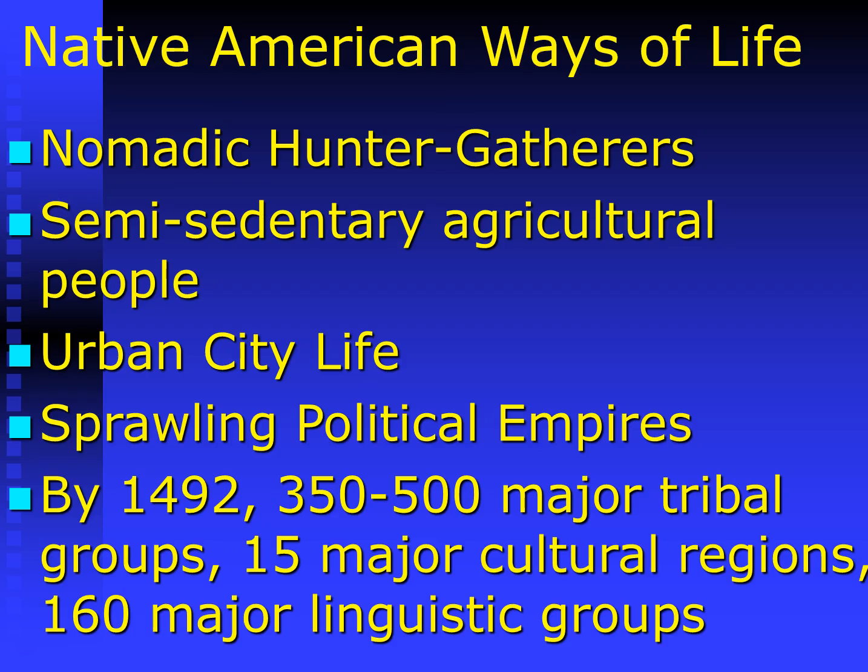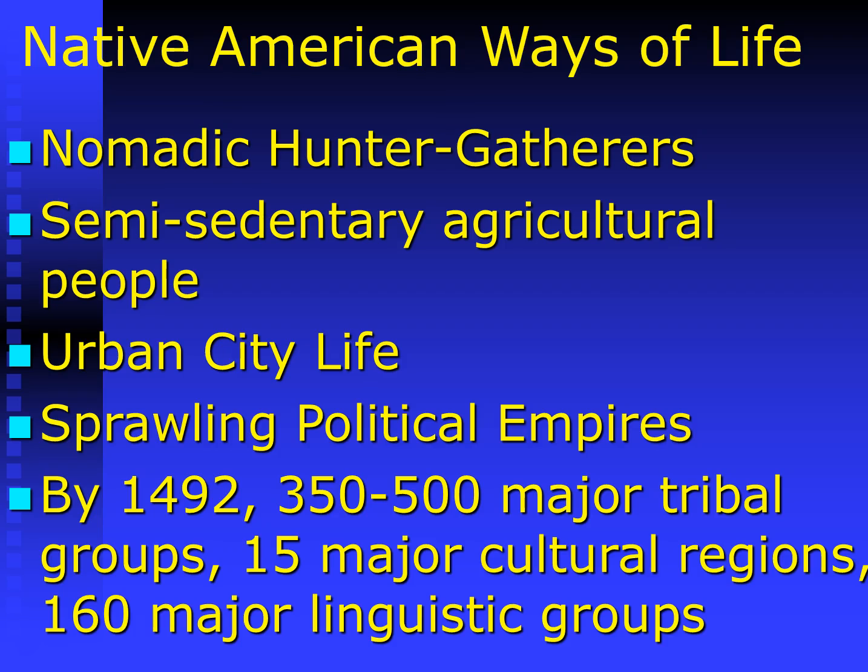So here's one way of seeing this. By 1492, which of course is the critical year when Christopher Columbus shows up, so that's why it's always used as a dividing line to separate the pre-Columbian world and the world of the arrival of the Europeans. It's probably estimated that there were about 350 to 500 major tribal groups in all of the Americas. So the tribe, the fundamental social and political unit,